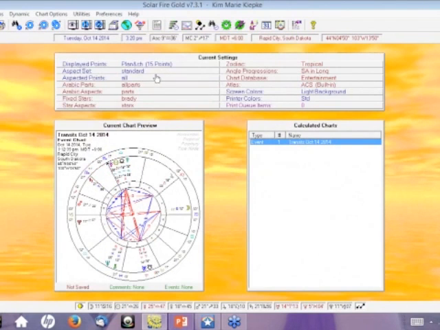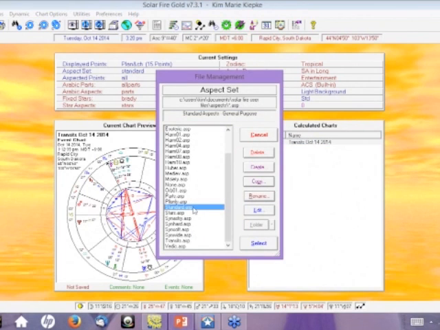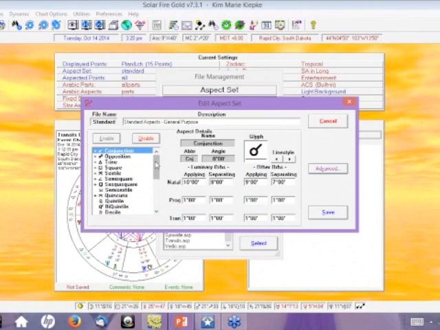I do remember. When I work with Solar Fire, I work with this stuff, and most of this is all default background. I do use the standard set of aspects. Standard has a tendency to bring in all of the minor aspects. So as you can see, looking at these visually, you can bring in the quintile, biquintile. These are all the different harmonics, even though it's not showing you what it is. You can choose which